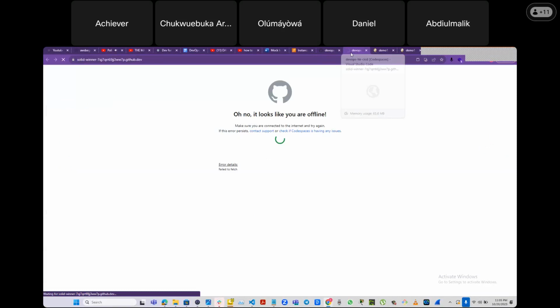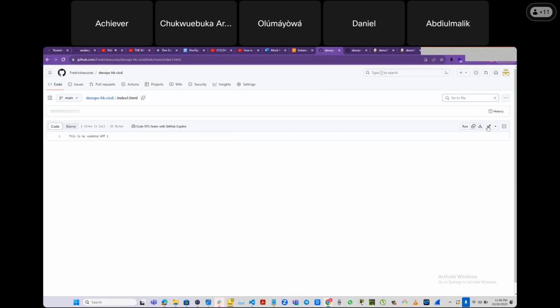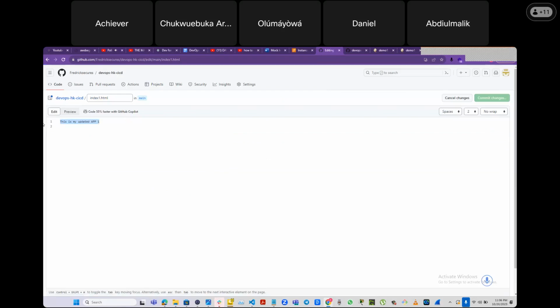But this is a simple CI/CD. So if I come here, this is index1.html now. If I open this file and click on this, this is my updated app one. I can change this and say, Jenkins is fun and pays well. Did you see that? Just this code alone, if I click on this and click on commit changes, now immediately